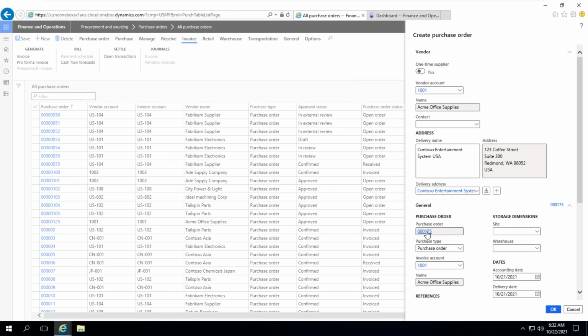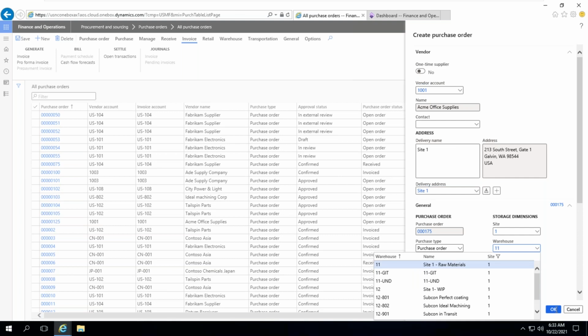This is the purchase order number; where it comes from I will explain later. Here you will find storage dimensions, site and warehouse. I'm selecting site 1, warehouse 11. I will explain what this is. Click OK.